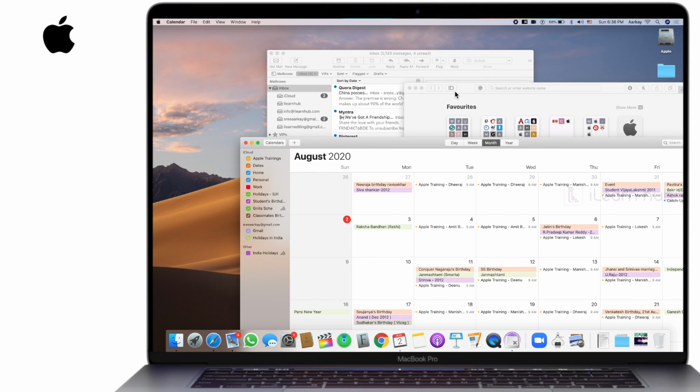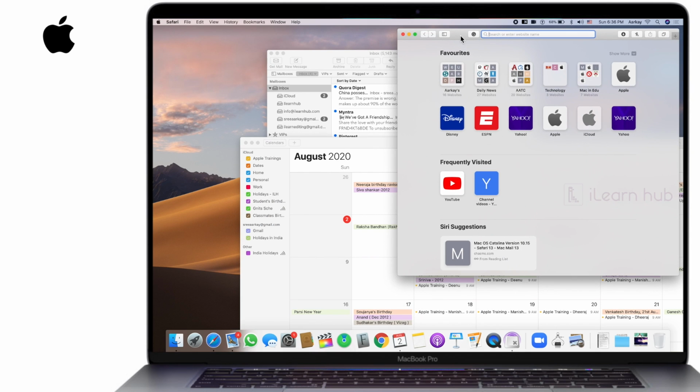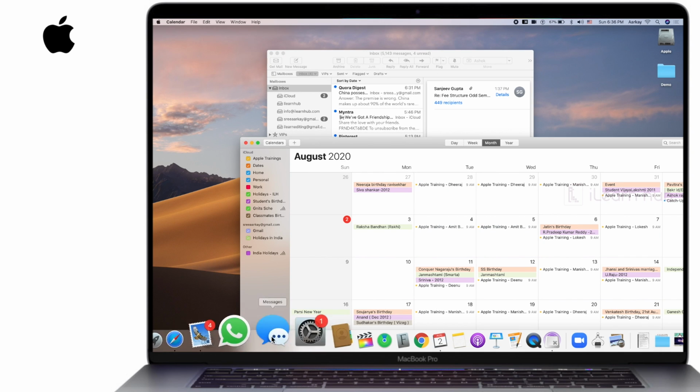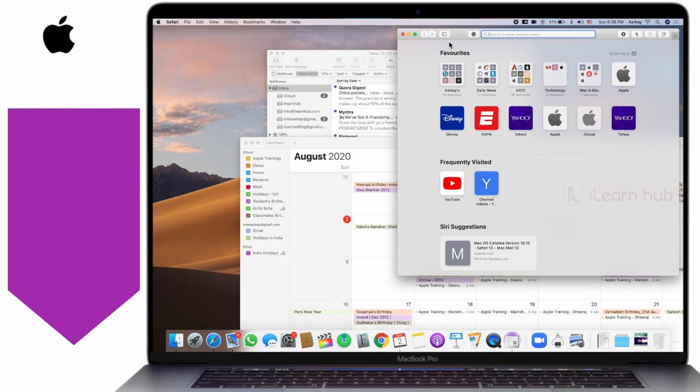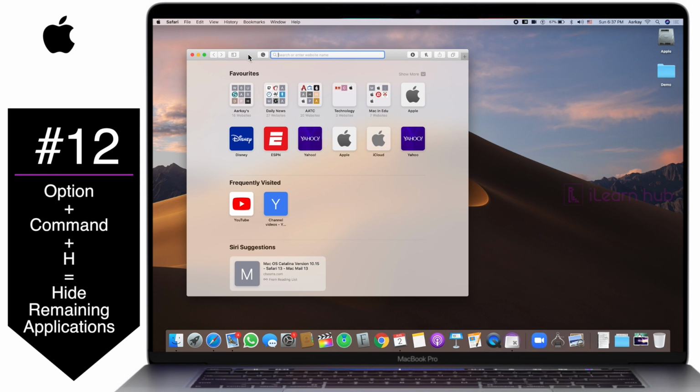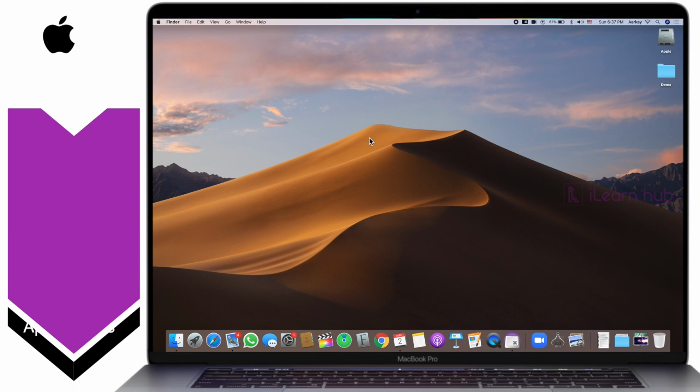I want to hide other applications, which right now are Calendar and the Mail application. If it is command H, only the selected one will be sent to hidden mode. So instead of that, let me reopen Safari, and if I use option command H, except the selected one, the remaining applications will be sent to hidden mode. So this is another good tip of using the option key.